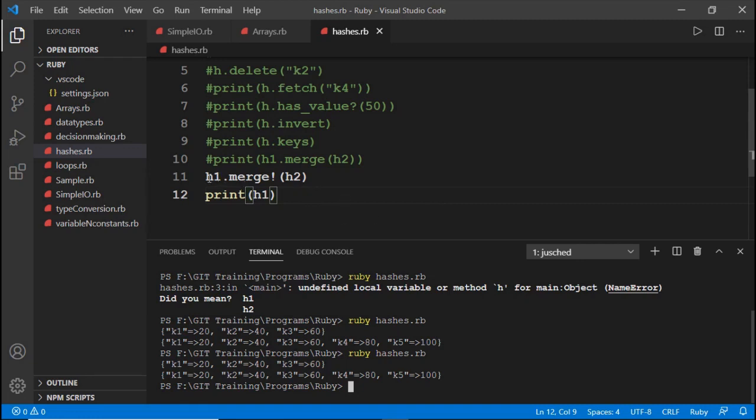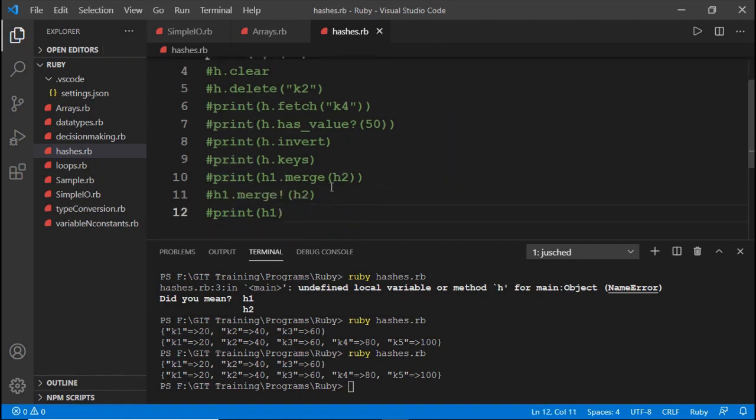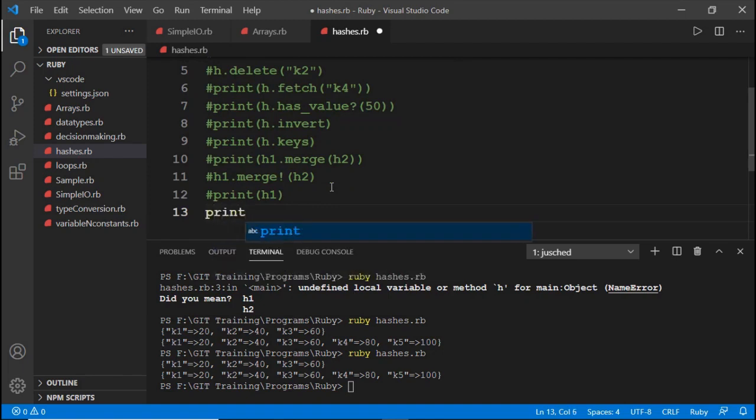And the last method is the values method, which is going to return only the values present in the hash. Let us take our initial hash, that is h with k1, k2, k3. Now print h dot values, which is similar to h dot keys.